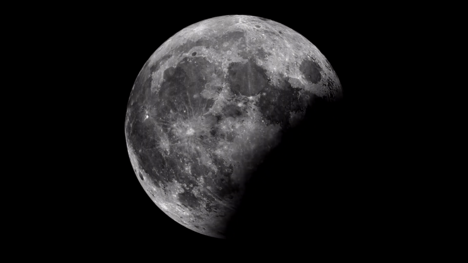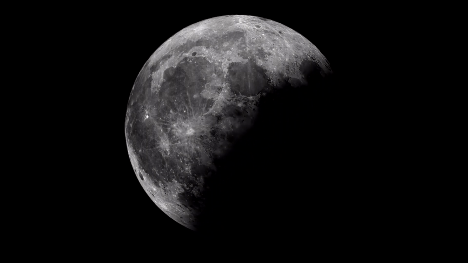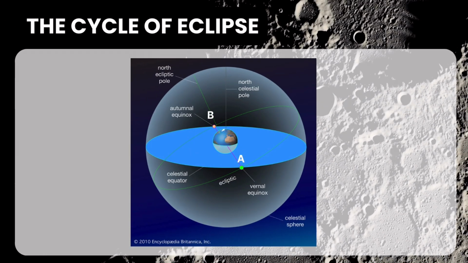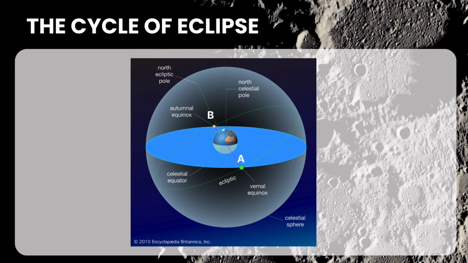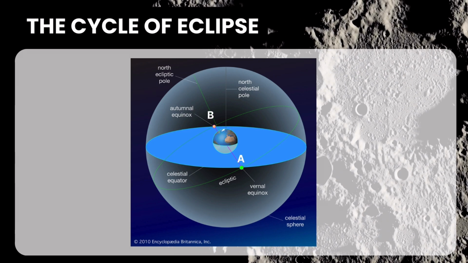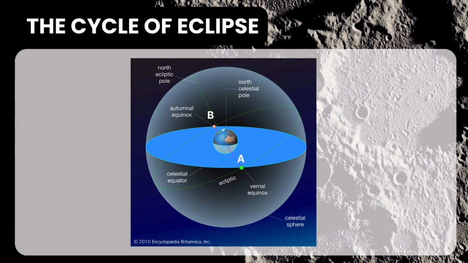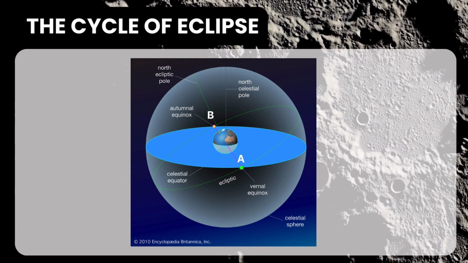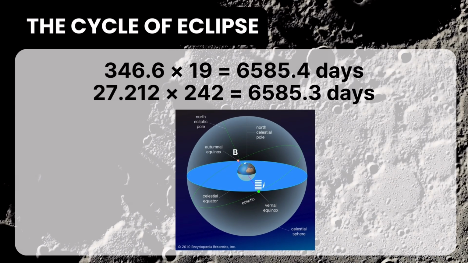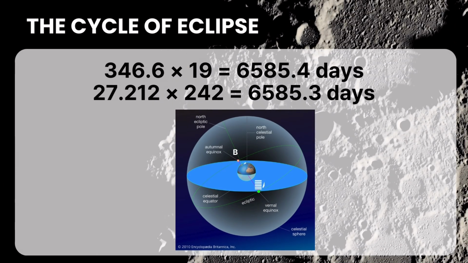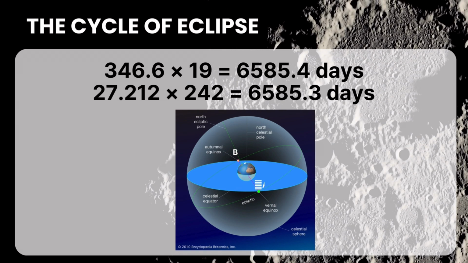Now, let's calculate the period of lunar eclipses. Based on the conditions for a lunar eclipse, we need to determine the least common multiple of the rotations of the ecliptic and celestial sphere, where the Sun, Earth, and Moon are aligned, placing the Sun and Moon on opposite sides at positions A and B. To figure this out, you multiply 346.6 by 19, which gives you about